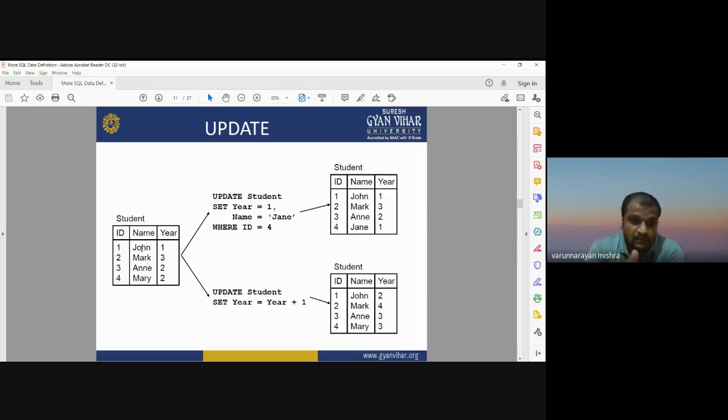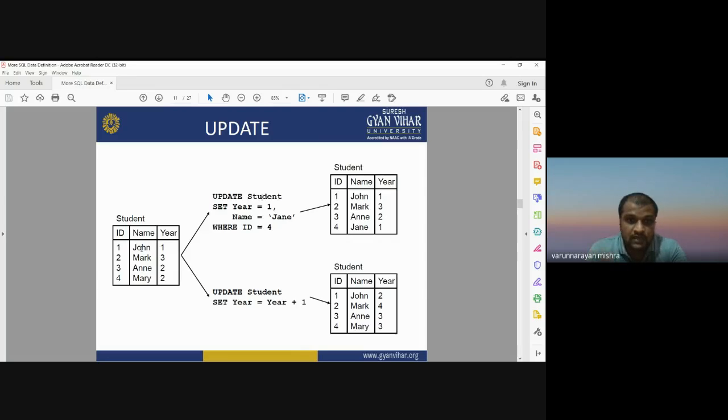Previously id number 4 had the name Mary and her year was second year, but right now we have changed student id number 4 to the name Jane and her year 1. So the name Mary is replaced by Jane, and the second year of Mary is replaced by year 1.